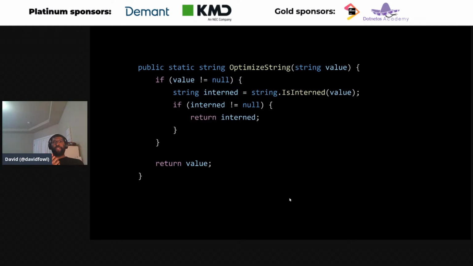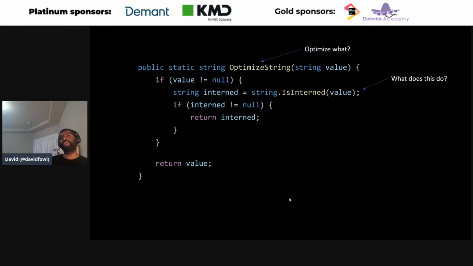All right. This is one of my favorites. This was found in .NET Framework, and I won't say where it was found. It was trying to optimize the string, so I guess that meant it was trying to intern whatever the input value was. It's funny. When this was found, it was found in some high performance issue in Microsoft, and then someone pinpointed it, and it turned out it was doing something prematurely. It wasn't required at all.